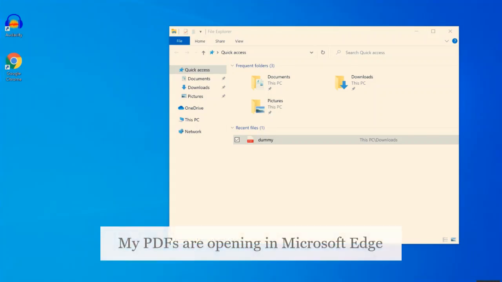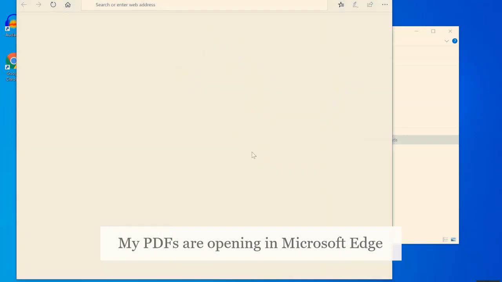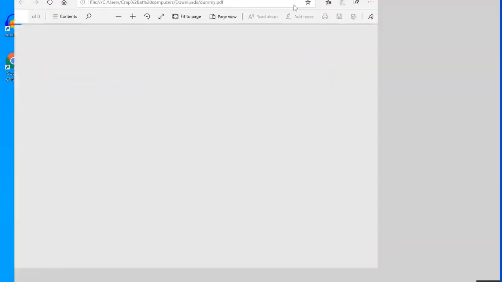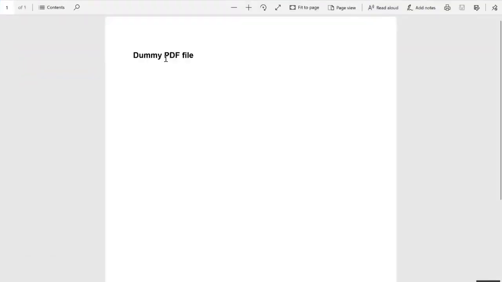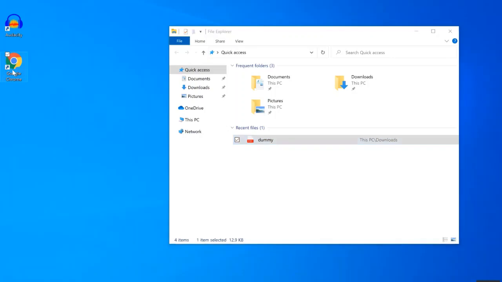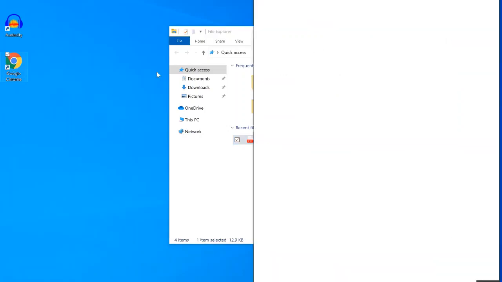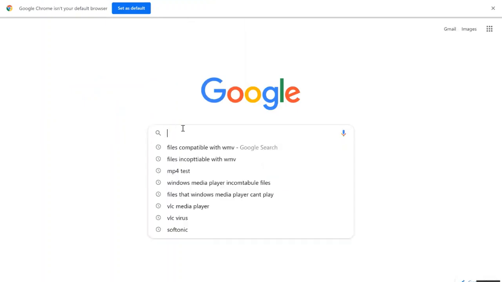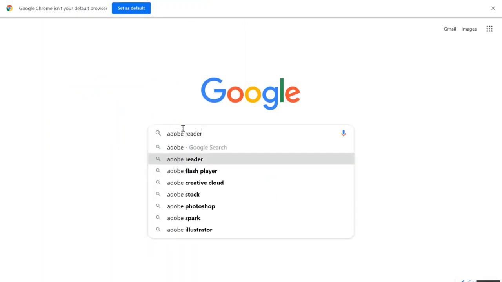So what you need to do is, if it's opening your PDFs in a format such as this, you might not recognise if your workplace uses a different procedure. What you need to do is, if you go to your web browser, and then if you just search for this program,